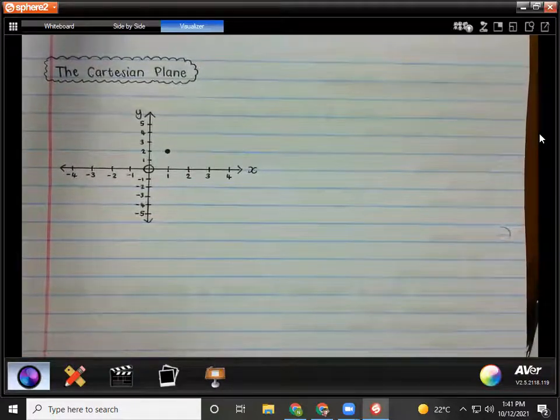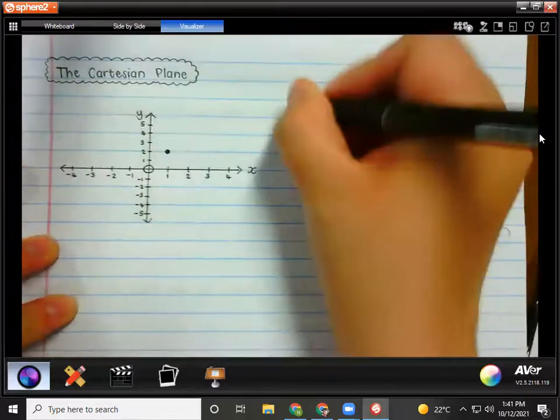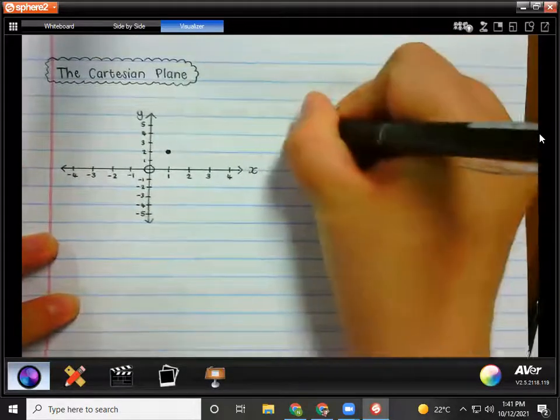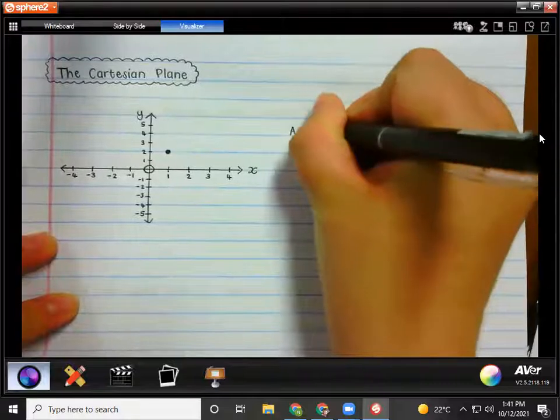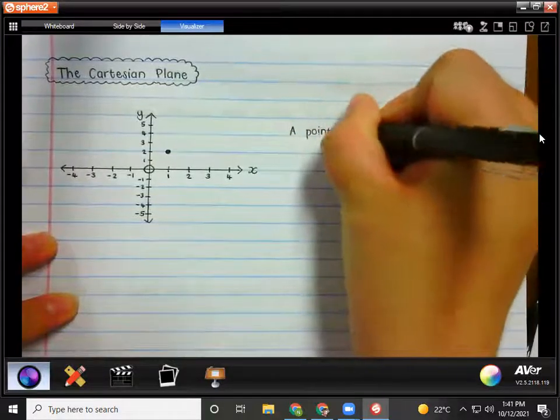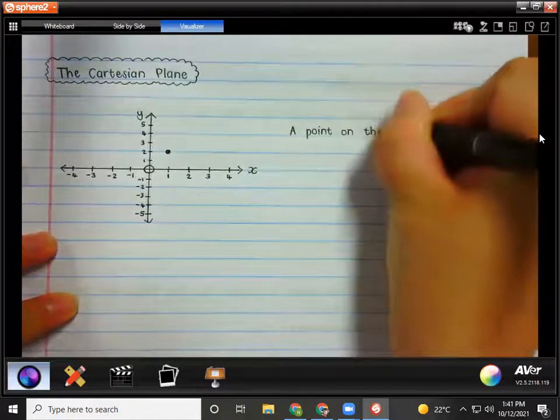A point on the Cartesian plane is called an ordered pair. Let's write that on the side here. A point on the Cartesian plane